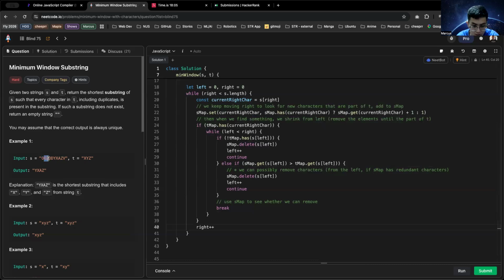Then I'll delete and I'll increment. Then it just becomes like that. Okay, then I do right plus plus again. So it's like that. It gets O, don't have, continue. D, don't have. Y, continue, have. So if tmap